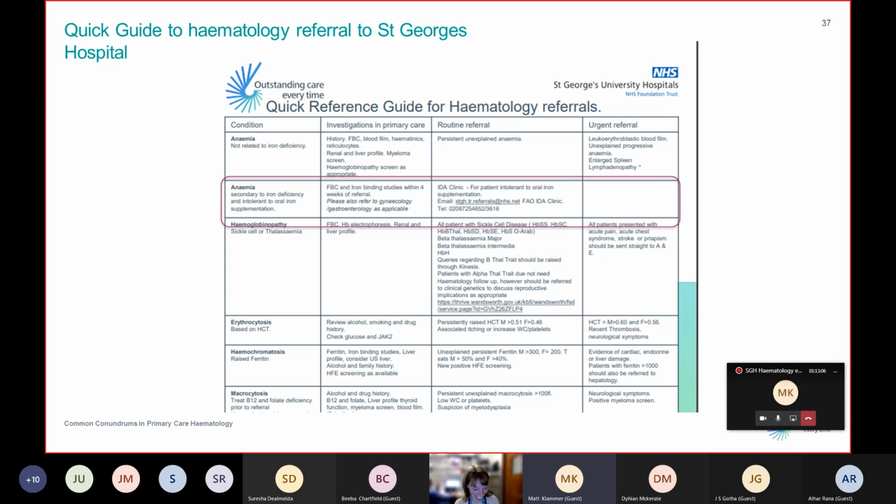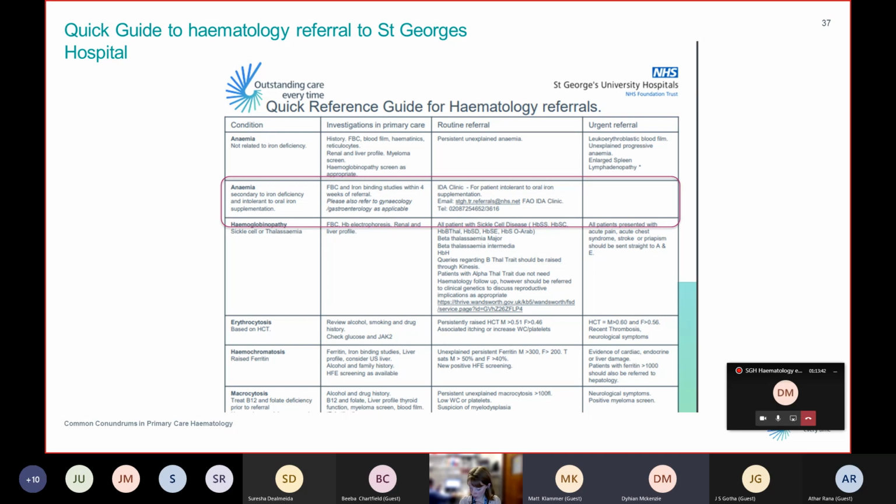So actually, half of the referral guidance is at the bottom of the document, and that includes things like lymphadenopathy and whether that would warrant a 2-week referral or not. So it is quite a comprehensive document. I would suggest we put this into the GP forum if there's an appetite for that, and people can see it. Dian, would that be the best thing to do? Yeah, you can send it through to me, and I can forward it on to the GP colleagues.